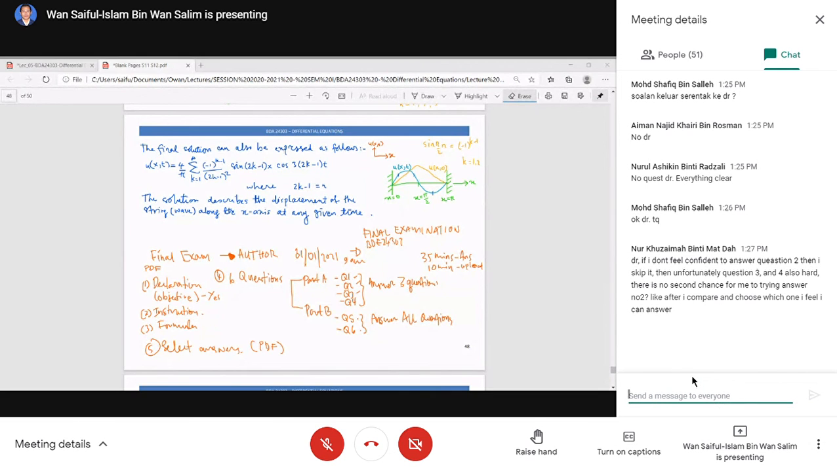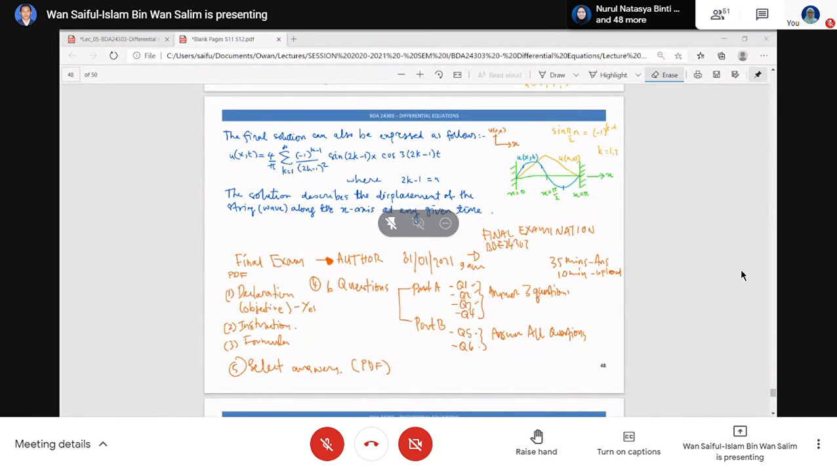Alright, lagi? Tak ada dah. Sekejap, ambil attendance. This is section 1. Okay, kalau tak ada soalan, no, sorry. Kalau tak ada soalan,